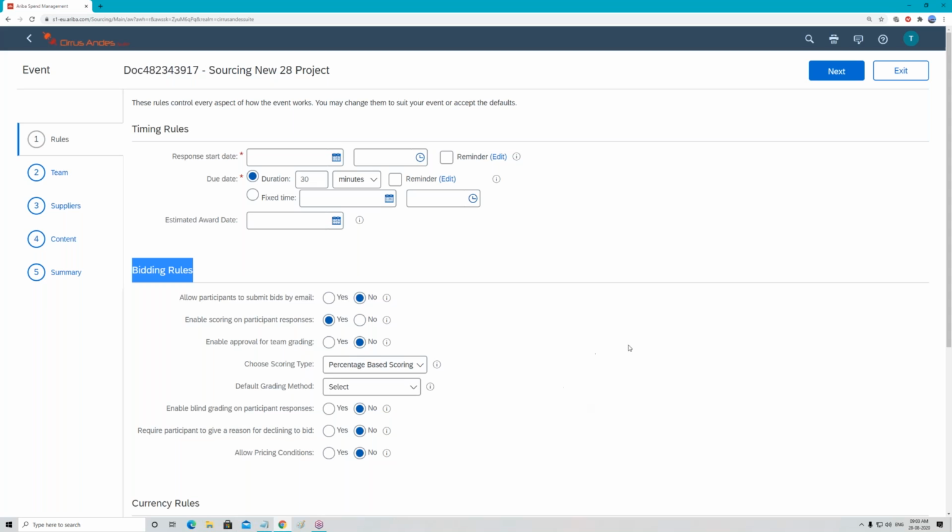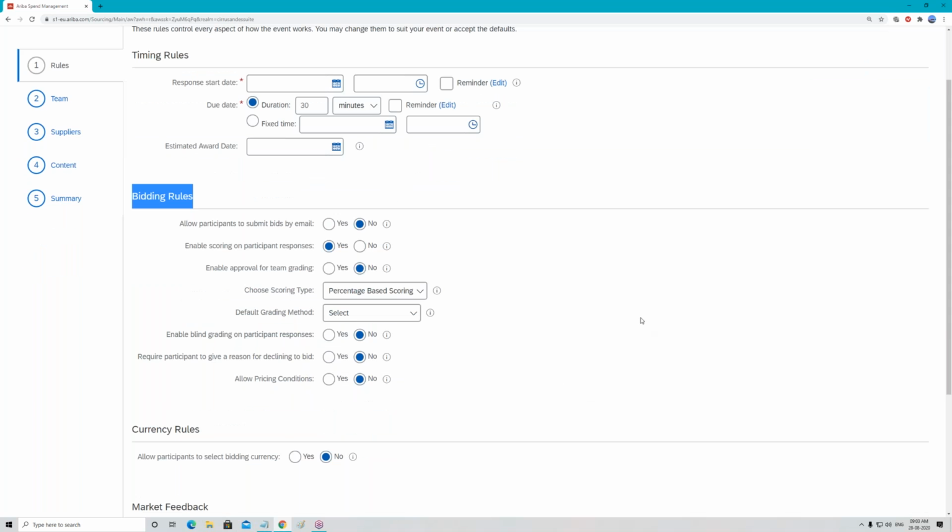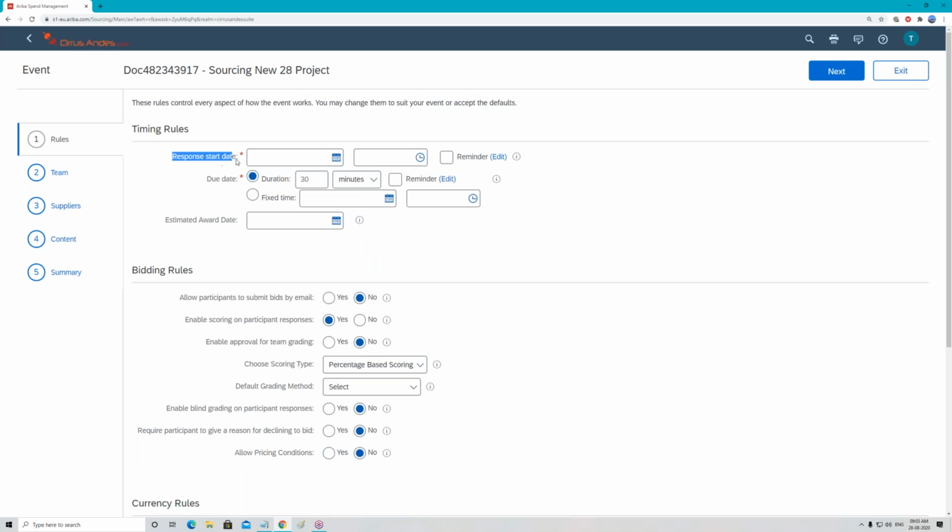Okay, Manoj, you have given the example of a functional consultant dependent field. Give me an example of a user dependent field. Response start date. What do you mean by response start date? Basically, response start date means you're going to publish the sourcing project, and the supplier can create their response or quotation from this particular date and time.